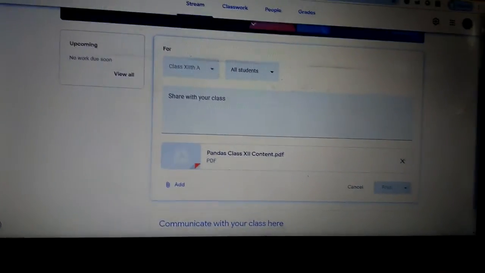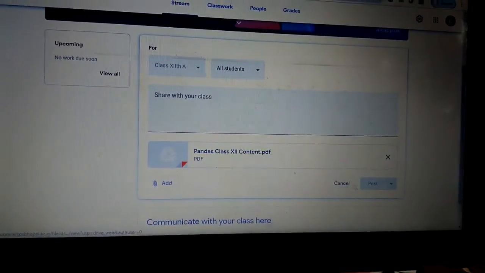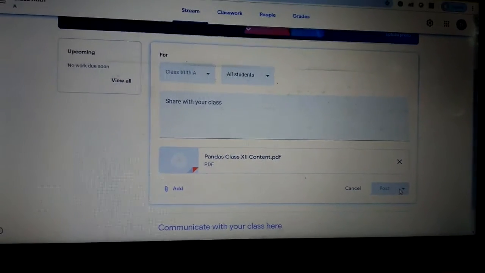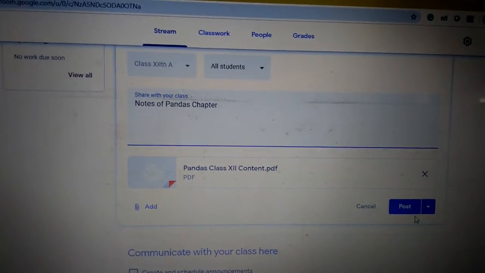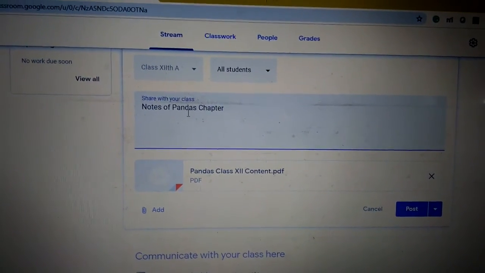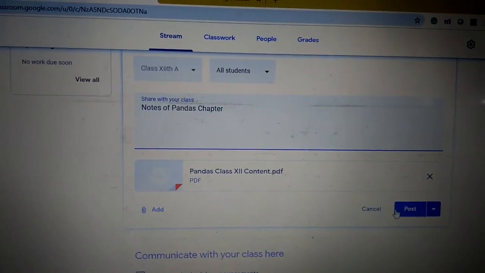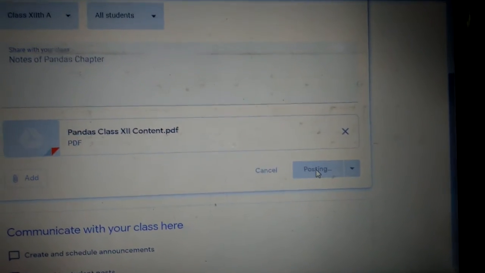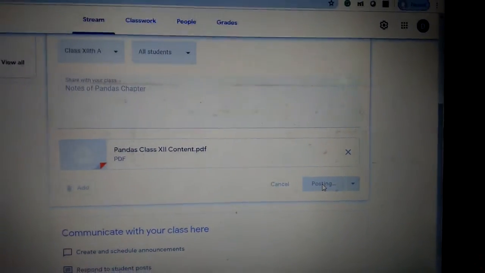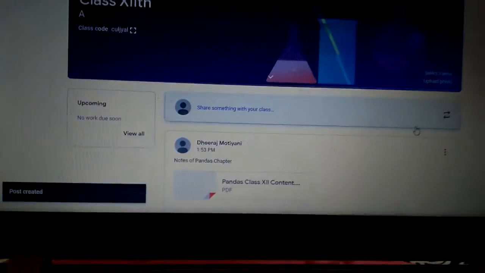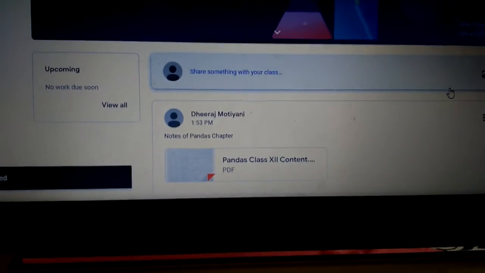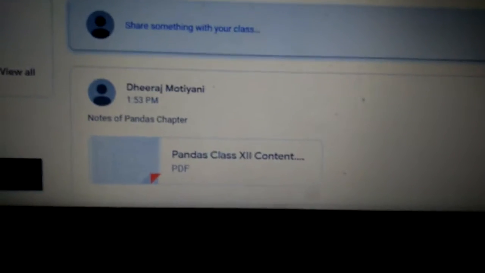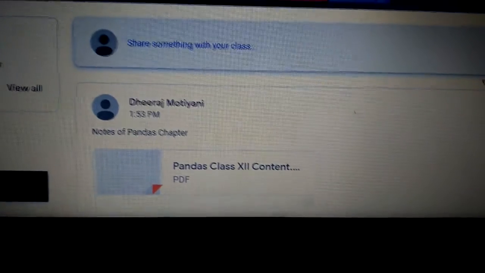You see, now it has uploaded. Okay, now I have given the name to this file, notes of pandas chapter, or chapter 2 pandas. Just click on post. We'll be posting that particular file, and it will be posted on your front window. See how the file has been posted. Okay,